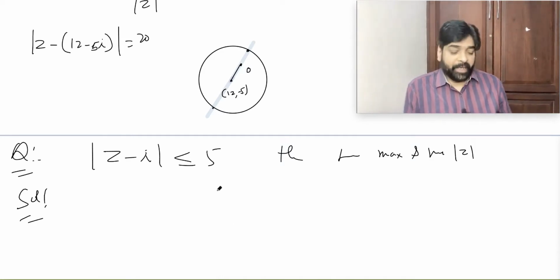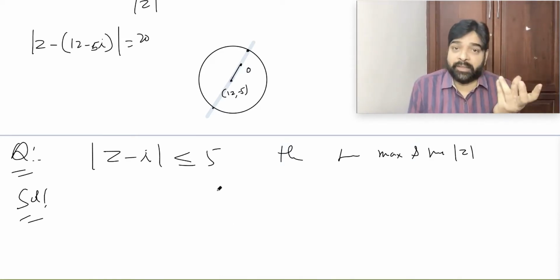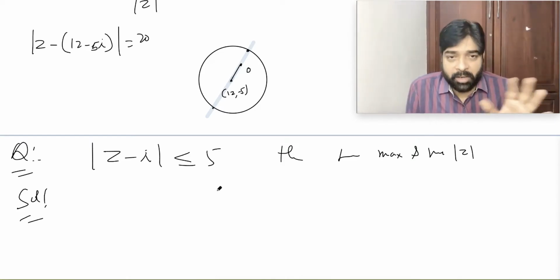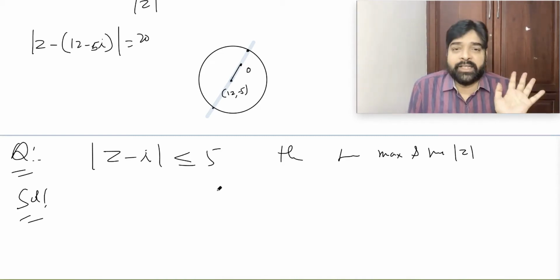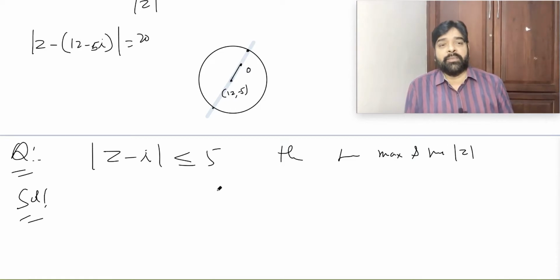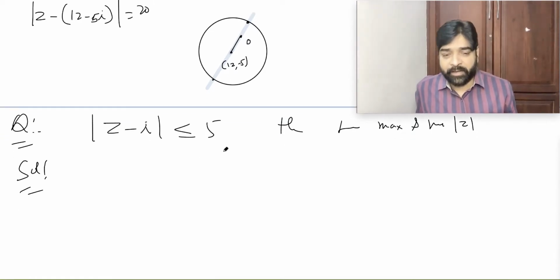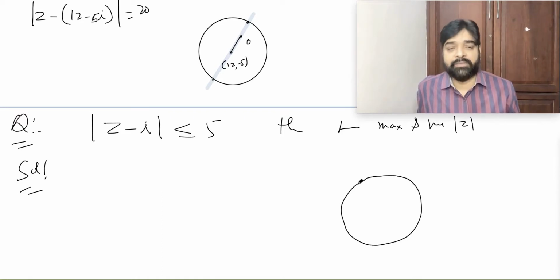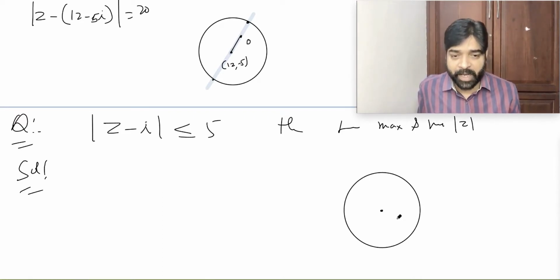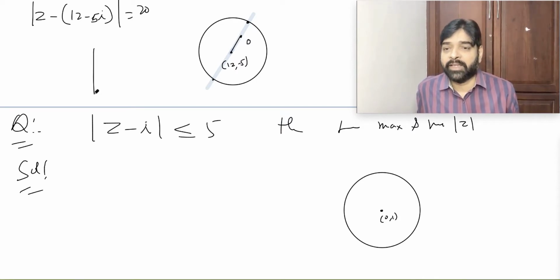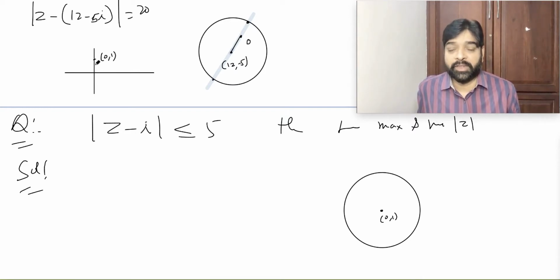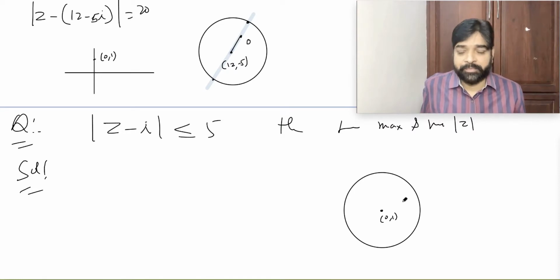First thing is that whenever an inequality is coming in the graphical, in the geometric, either here or maybe in normal non-complex numbers also, forget that there is an inequality. Think there is an equal symbol and draw the graph. If it's an equal symbol, do we know the graph? Yes, we know the graph. And that graph is this, where the center will be i. i means 0, 1. Why, sir? Because i will be here. The magnitude of i is 1 unit, so this length will be 0, 1. So this coordinate will be 0, 1.